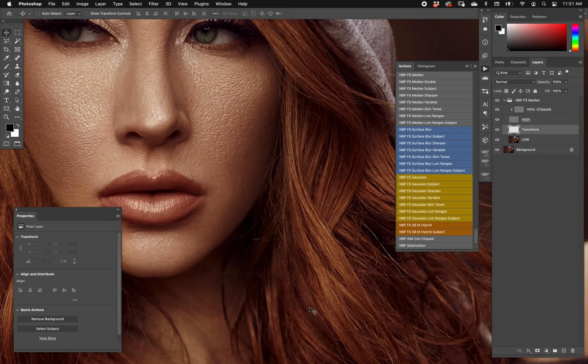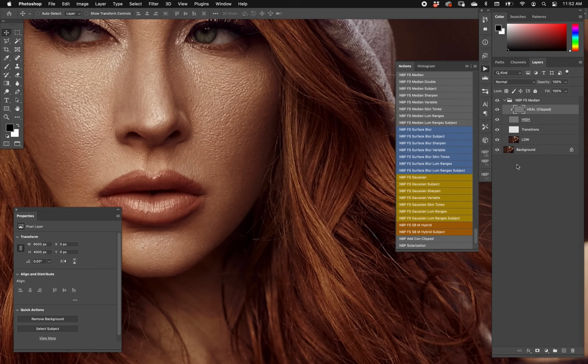They just use a different blurring operator, at least the very first option. So as you can see here, we have the high texture layer, which is simply the apply image extraction process, set to a different blending mode once it's done. And the low layer, this is in fact the blur that we just did, as you can see. There it is. We have a transitions layer where you can paint in between texture and color. That's pretty common. And then, of course, we have the healing layer, which is simply the high layer duplicated,